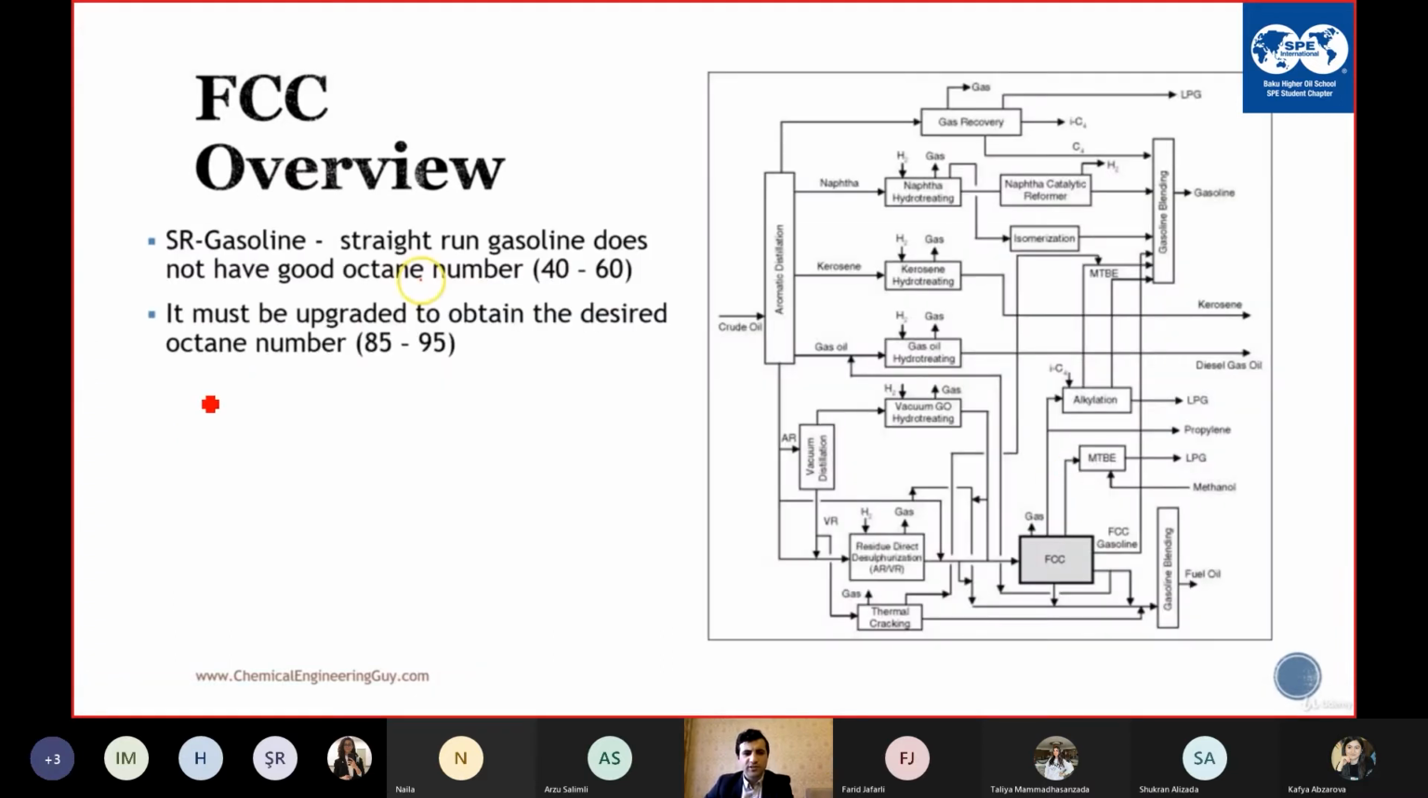So we have to mention straight run gasoline or straight run naphtha. What is straight run? Straight run means that it is coming from CDU, VDU. Straight run kerosene, straight run gas oil, straight run naphtha. Straight run naphtha has an octane number of 40 to 60, but we need above 92 or 95. That's why we split the straight run naphtha, so we have light naphtha,